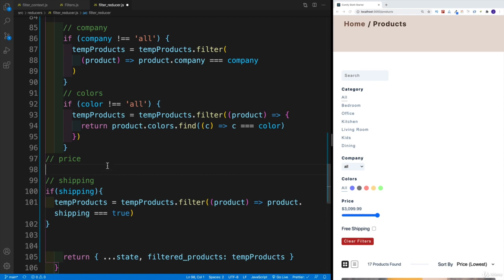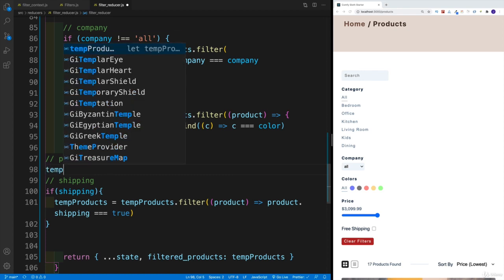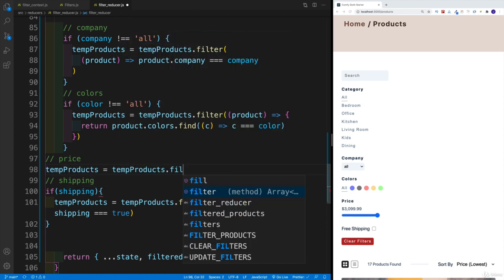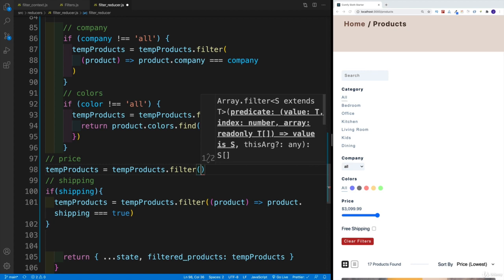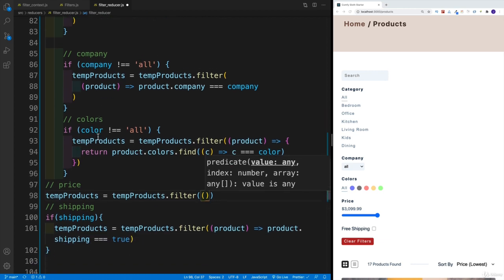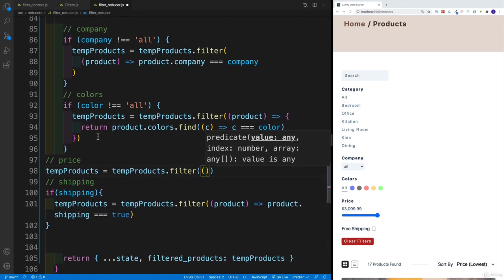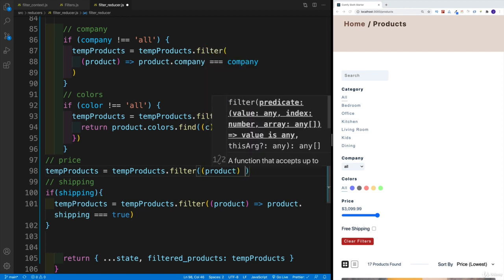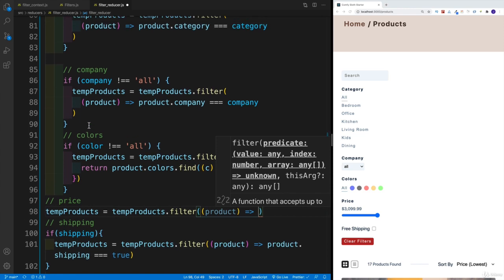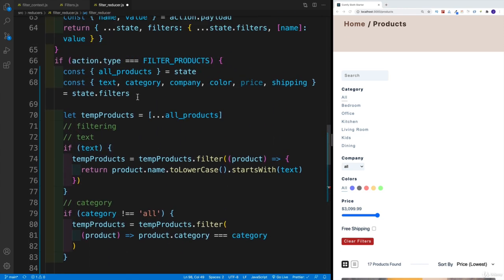And the same is going to be with the price over here. We'll say temp products is equal to temp products filter, again, filters. And then we're going to be looking for product. I'm guessing it's because I have the state value filters. But again, that's just my bad typing. And I'm going to go for a product and I'll say if the product price property is less or equals to the price that is coming from my state.